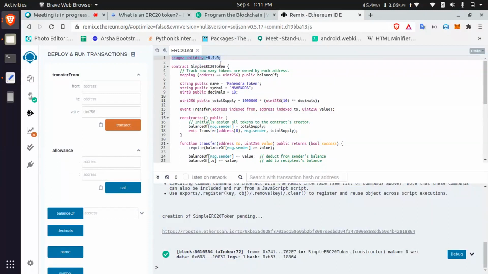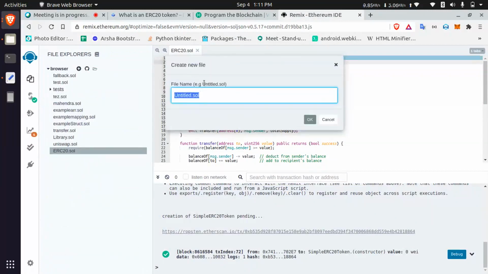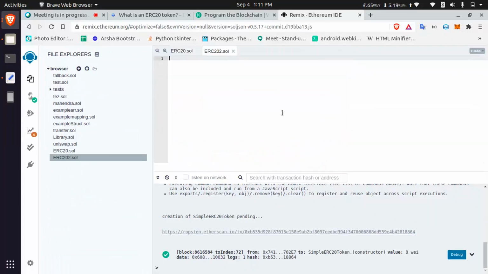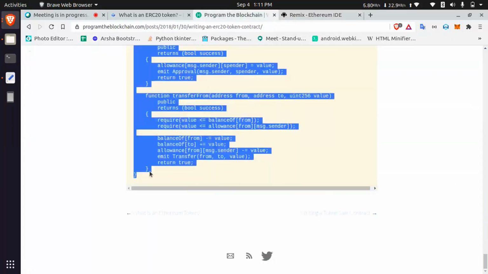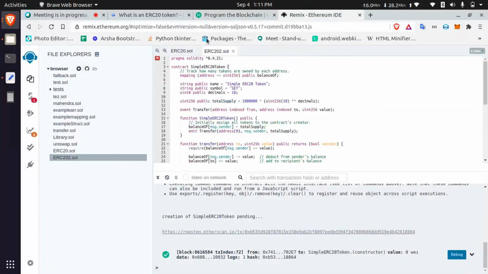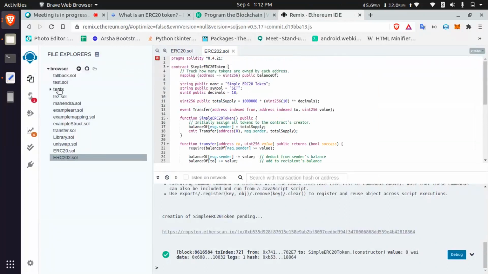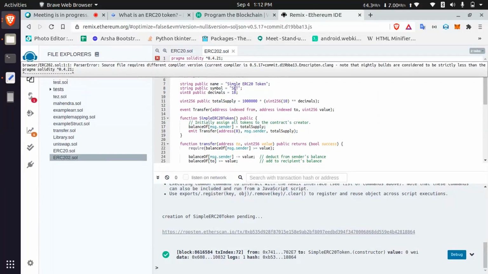I didn't change the compiler version. While compiling, I changed it to 0.4.11. The mistake I made was in one line. You just copied and then pasted here as such, and it will show the error. I didn't compile it. I changed the symbol to my name.